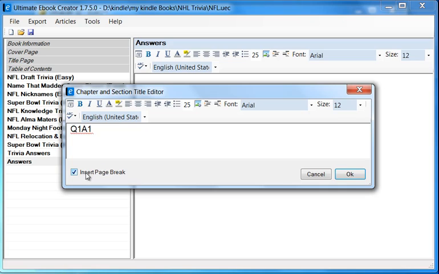Now this option here, in this situation, because we're creating a trivia book, we want to show the sections on a page break. Okay, so basically we want to have this option turned on. Click OK,